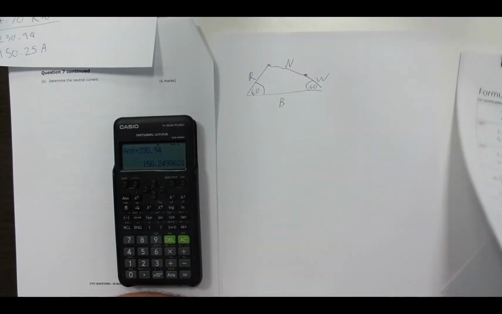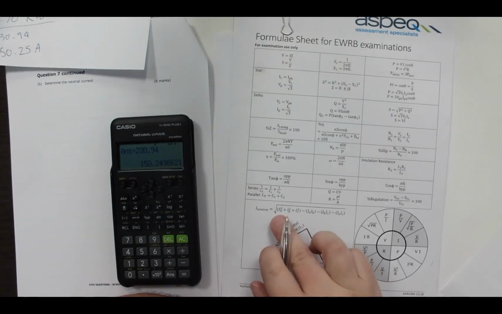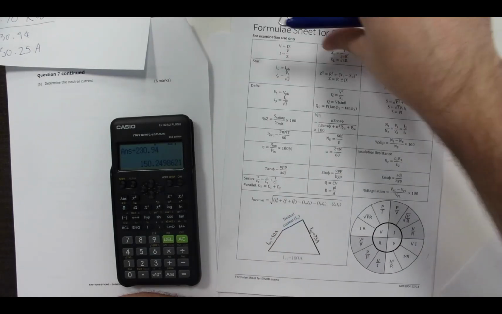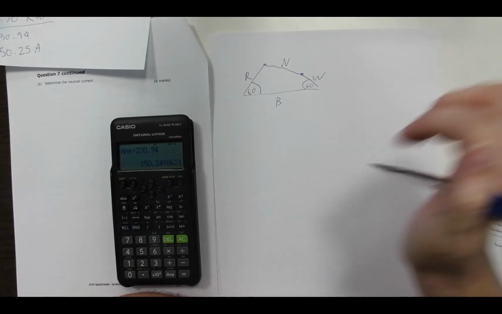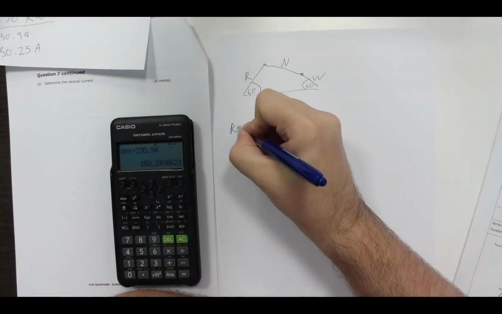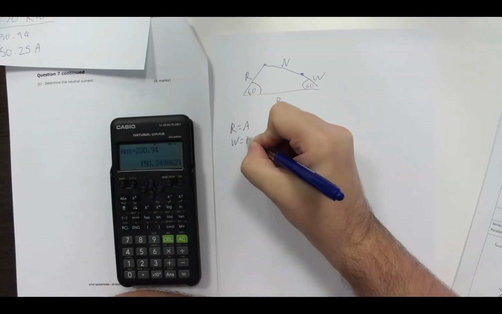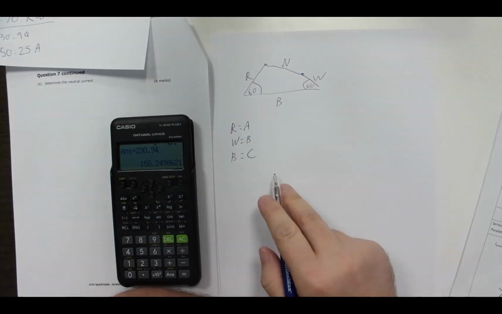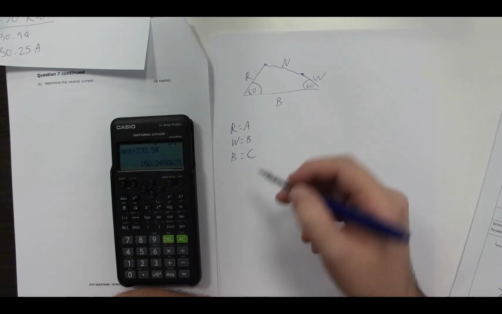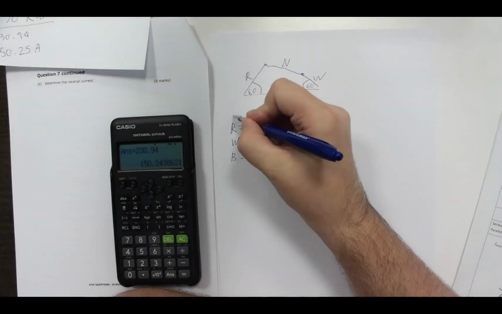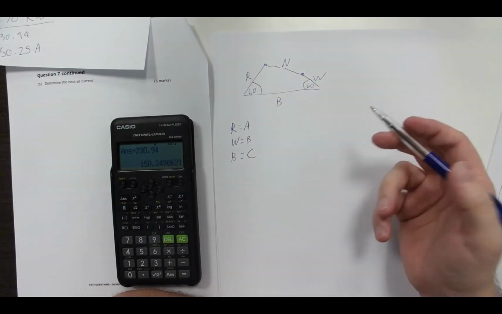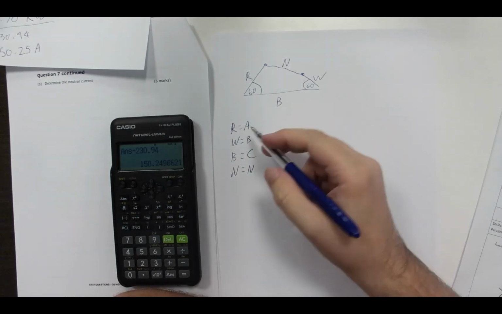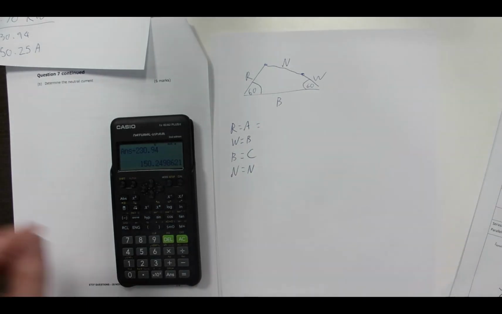The formula says A, B, and C. You can also use red, white, and blue as alternative letters, RWB, and it would be the same formula. So R equals A, W equals B, B equals C, and then N equals N for our neutral. When we go back to our previous,